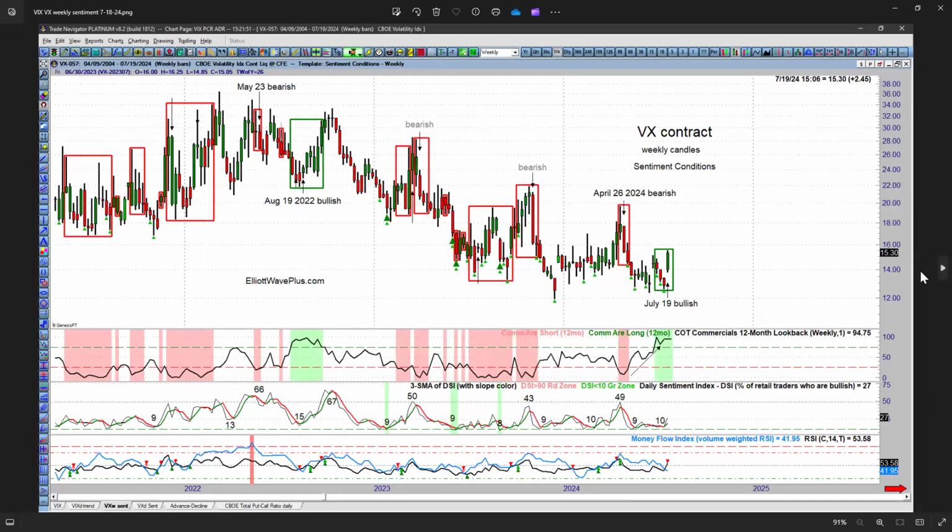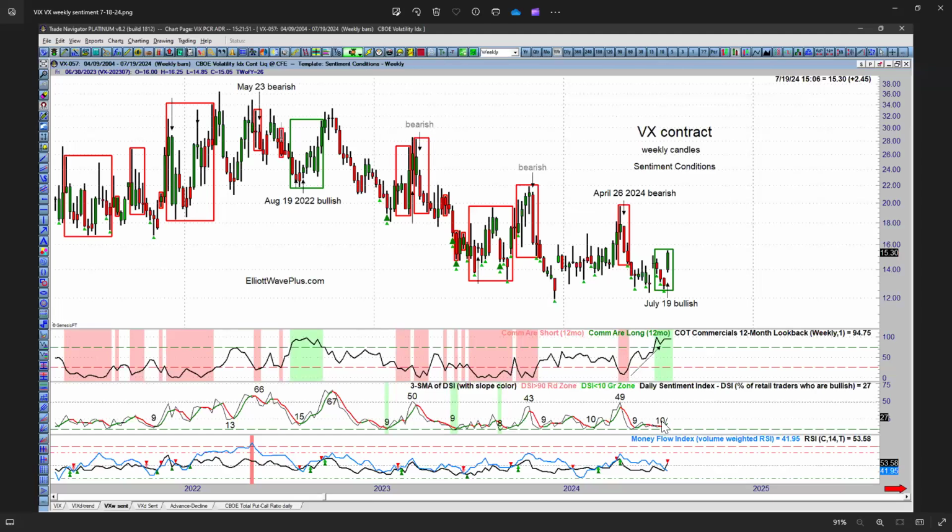And here's another one. This is amazing. I didn't even think of building a weekly screenshot on the VIX until during the webinar last week, when I built this chart, actually during the weekly webinar on Sunday. So notice commercials have all of a sudden shot up and they're heavily long. Retail very recently, and by recently I mean last week, was at 10%. Only 10% of retail traders